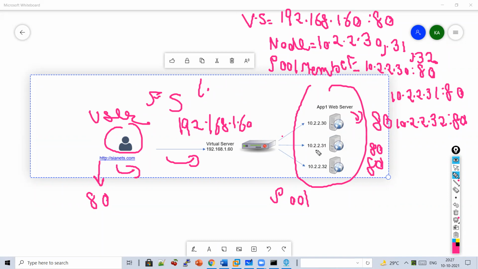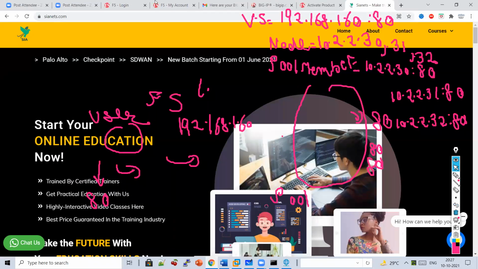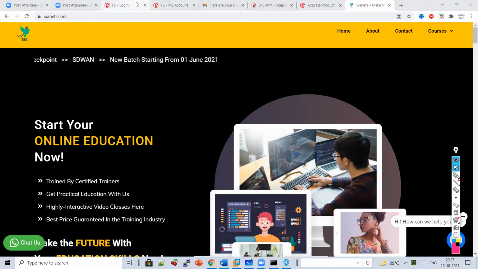So let's have a practical round on this. My requirement is I need to access crnets.com and it must get load balanced between these three servers. So let's go into F5. I will log in into F5.